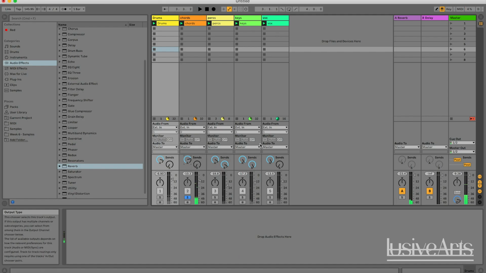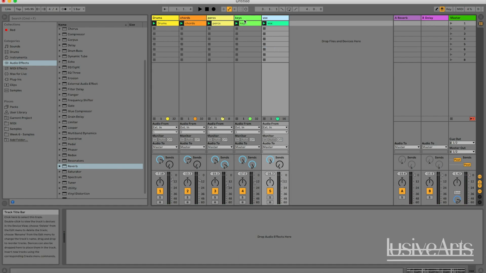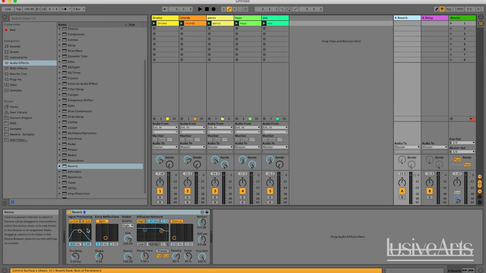I'm just doing this for example, by the way. I don't need to add reverb and delay for every single track. It's just to give you an example of how this works. So now that we've got reverb or delay on all of these tracks, we've only used sends and returns. So we haven't actually added any more instances of the reverb and delay audio effect or plugin. There's literally just one reverb and one delay,